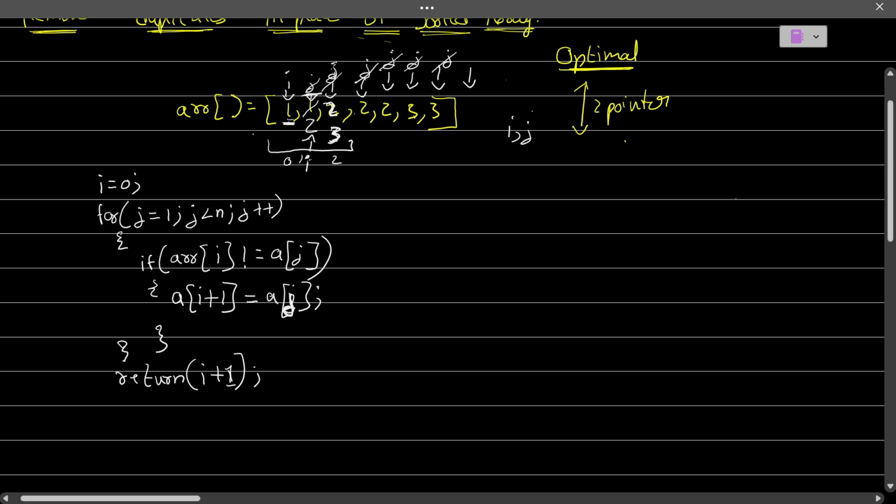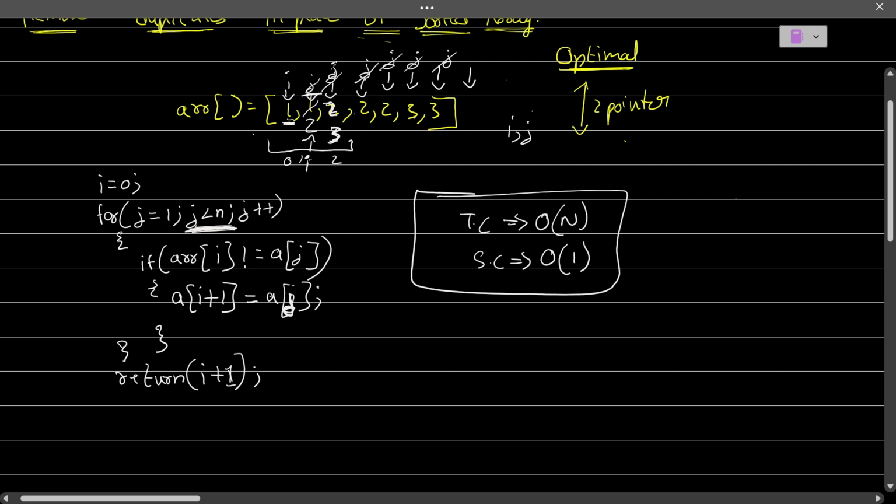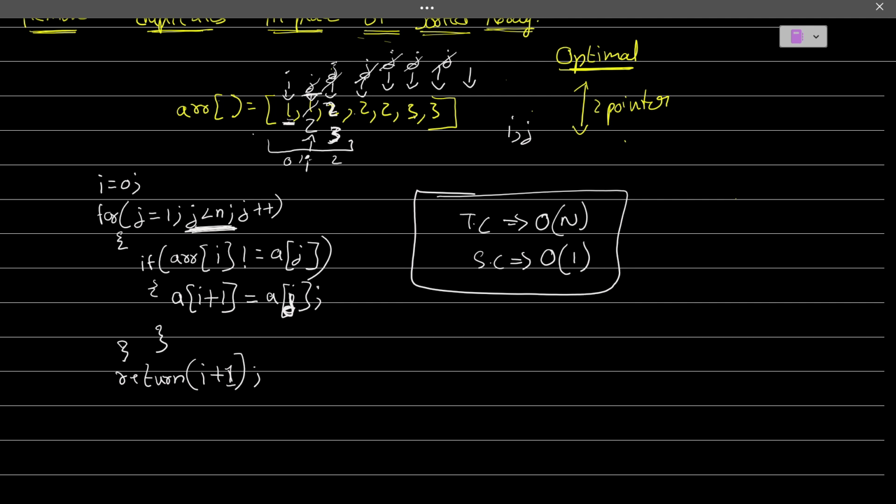Okay. Then we'll see what the time complexity will be. Yes, we are iterating only one loop. So the time complexity will be big O of n, and the space complexity will be big O of 1 for sure. So this will be the optimal solution for remove duplicates from